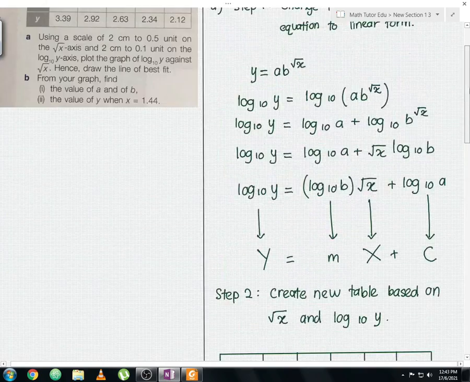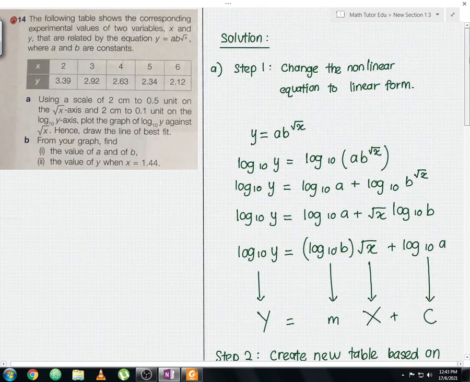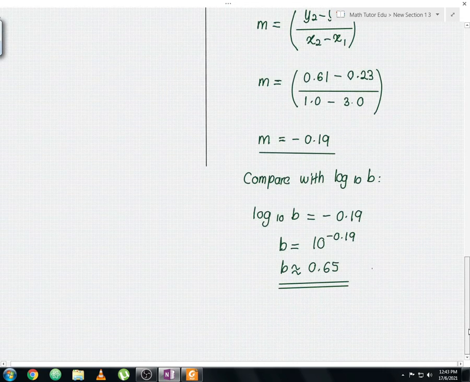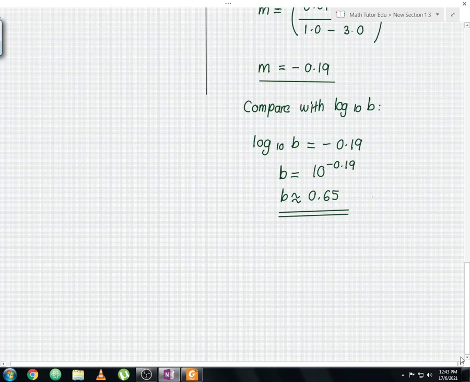So let us proceed our discussion for the question B part 2, where they ask us to find the value of y when x is equal to 1.44. Okay, so we have already come to our last part of our discussion. So part 2. So from here, when x is equal to 1.44,